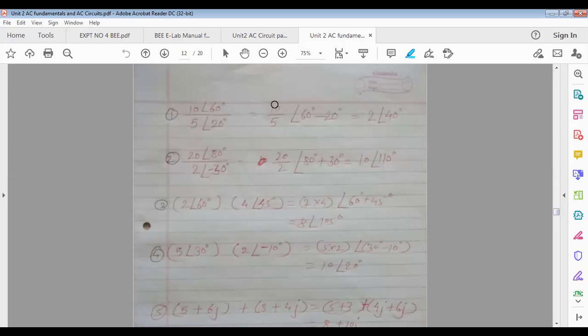So see here, you have to do the division. Terms are already in polar, so magnitude you can multiply or divide. Magnitude is 10 and 5, so do the division 10 by 5. What is it? 2. Okay, magnitude is 2. Now what do you have to do with the angle? See, you have to shift the angle from denominator to numerator, and while shifting angle from denominator to numerator, you have to change its sign. Here it was plus 20 degree, so in numerator it will become minus 20 degree. So 60 minus 20 is what? 40 degree. So 2 at an angle of 40 degree is the answer. Clear, first one calculation?